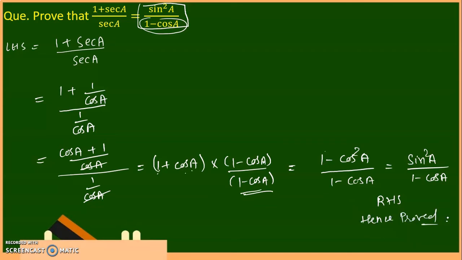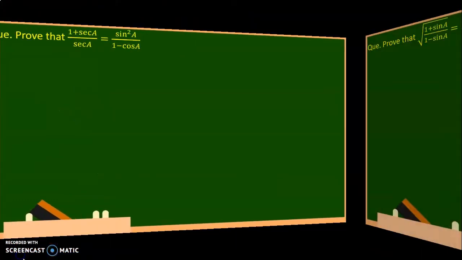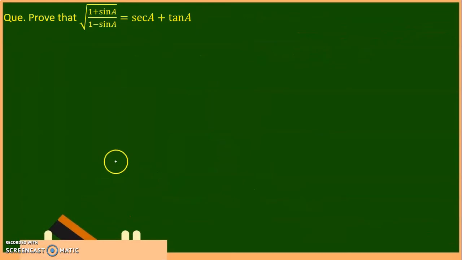So by using this simple method you can prove this type of questions. Let's see the next question. Question is, prove that under root of (1 plus sin A) upon (1 minus sin A) is equal to sec A plus tan A. So if you start from the left hand side,